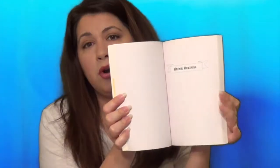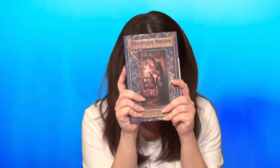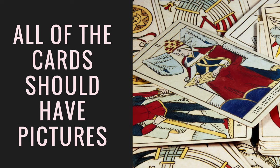Now let me tell you, the tarot course combined with this companion book made it pretty simple for me to read tarot. And so taking the course, having cards I connected with, and having an amazing book that gives you even more in-depth insight into each of the cards made a huge difference in how I was able to read the cards and how quickly I was able to pick up on them. So for your first tarot deck, make sure you have a really good companion book, okay? Your third tip is to make sure